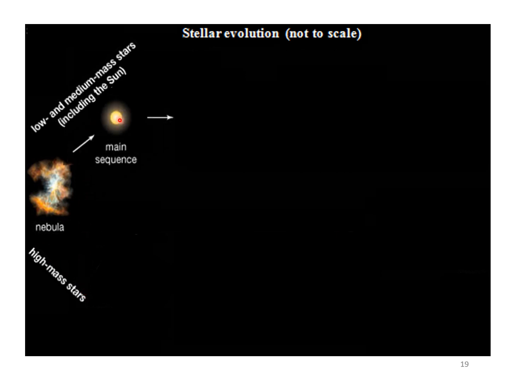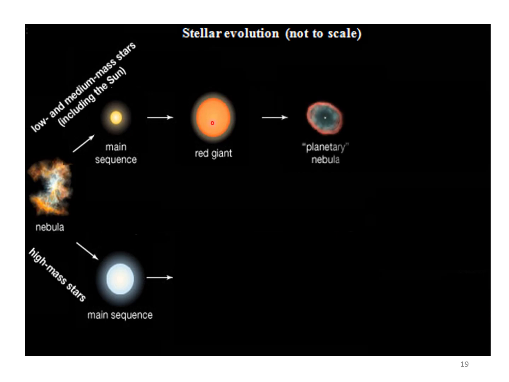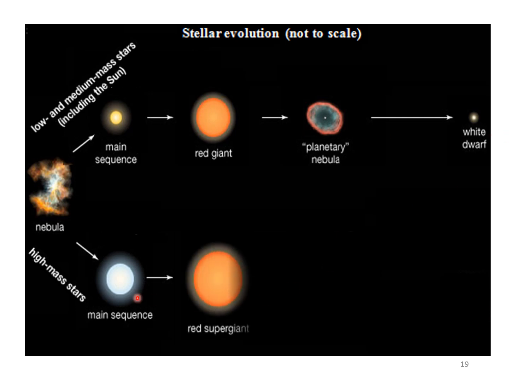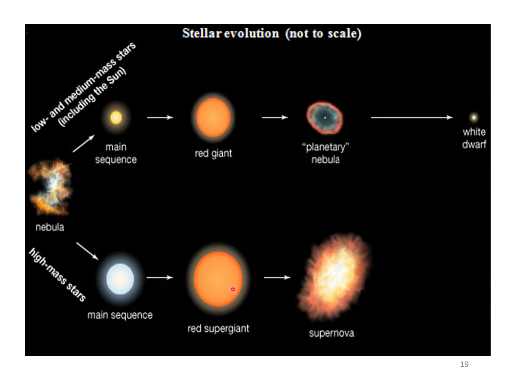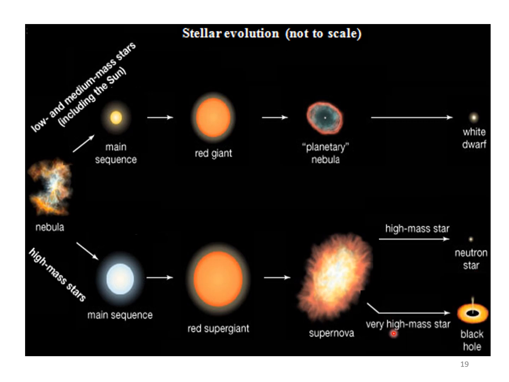If the mass is less, then it turns into a main sequence star. Even in this case, it turns into a main sequence star, but the mass is more. Both of them are in the main sequence, and in this particular case, it converts into a red giant, and then a planetary nebula, and finally it becomes a white dwarf. If the mass is more, then we have a red supergiant, and then a supernova. And if the mass that remains is high, then we have the formation of a neutron star. And if the mass that remains is very, very high, then we have the formation